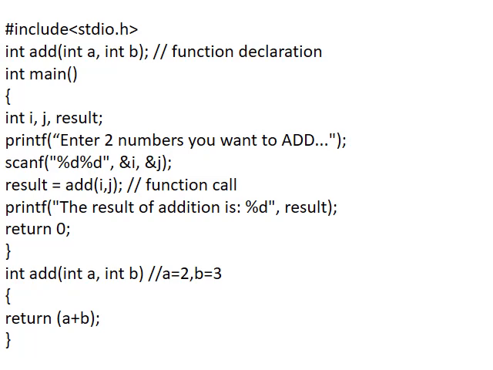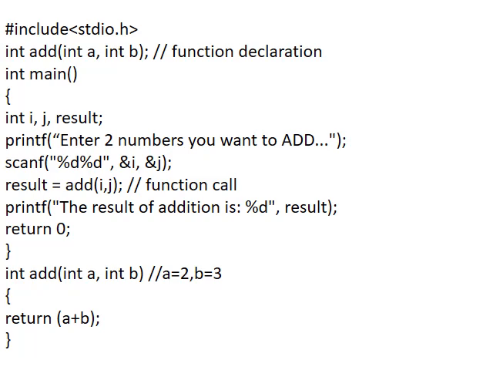After that we'll start with the main function. Here again I have taken int main, because I can either write it as void main or I can also write it as only main. If I write int main, it means the main function is going to return an integer. So I have taken int main here.